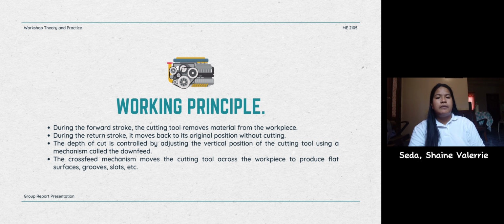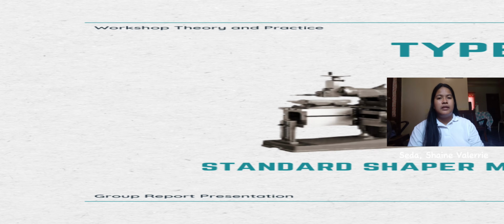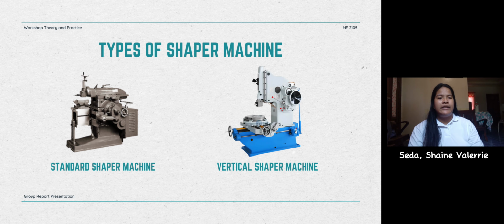7. The depth of cut is controlled by adjusting the vertical position of the cutting tool using a mechanism called the downfeed. 8. The crossfeed mechanism moves the cutting tool across the workpiece to produce flat surfaces, grooves, slots, etc. Shaper machines are classified based on the type of driving mechanism and ram travel. Here are some of the most common types of